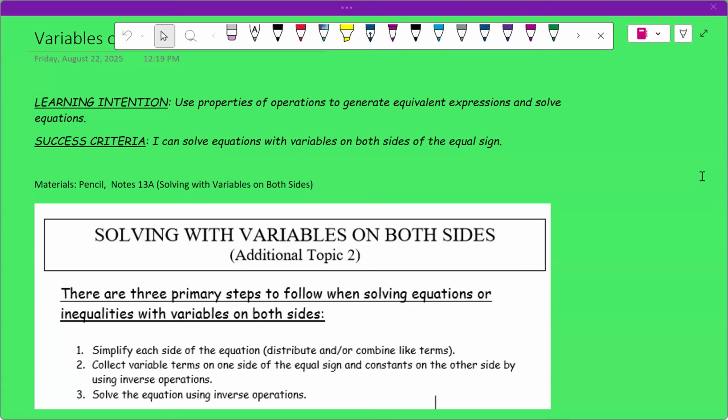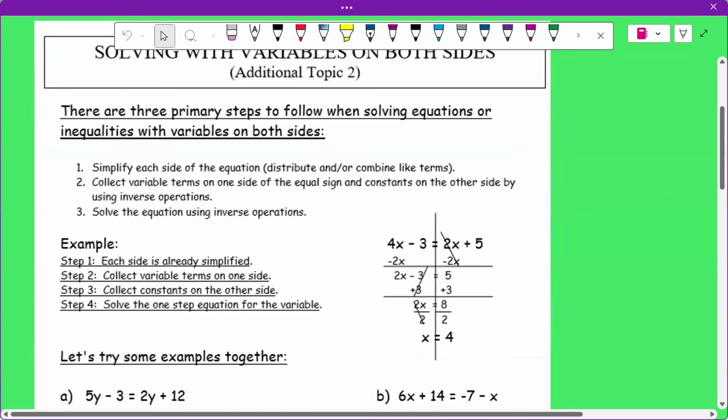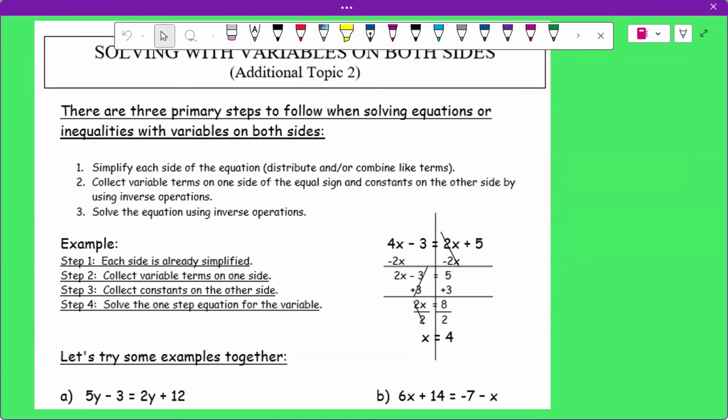All right, so today we're going to be solving equations with variables on both sides. So we have to first simplify each side of the equation. So we might need to distribute, we might need to combine like terms. If each side of the equation already is in simplest form, then we're ready to use inverse operations to solve